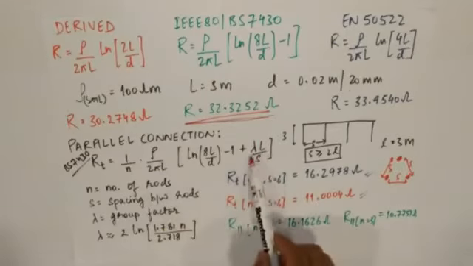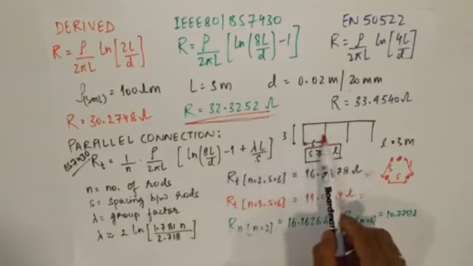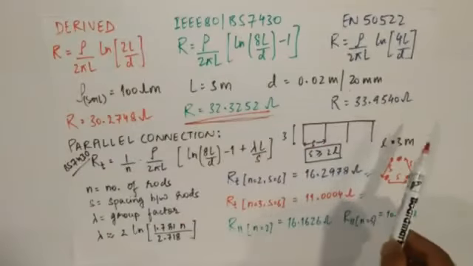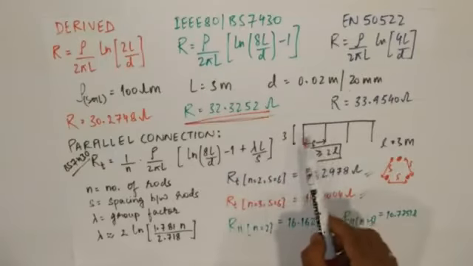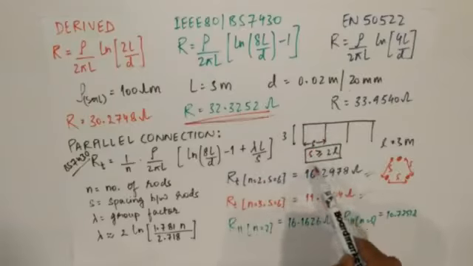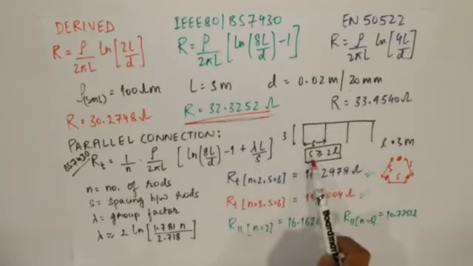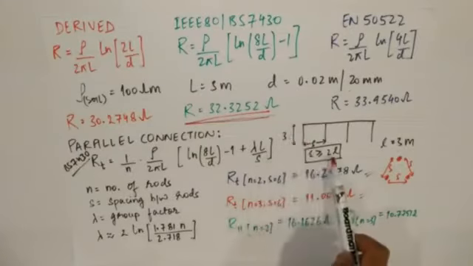Remember that this formula is valid when the spacing is constant. It's not like you provide 6 meters, then 9, or then 12. The spacing has to be uniform, and also the spacing must be greater than or equal to twice the length, in order to reduce the mutual resistance effect between the two rods. Remember that this condition shall be followed. In this case, if the length is 3 meters, the spacing can be greater than or equal to 6.